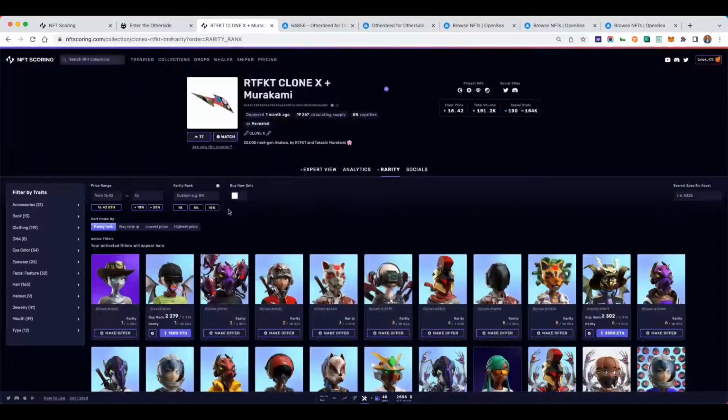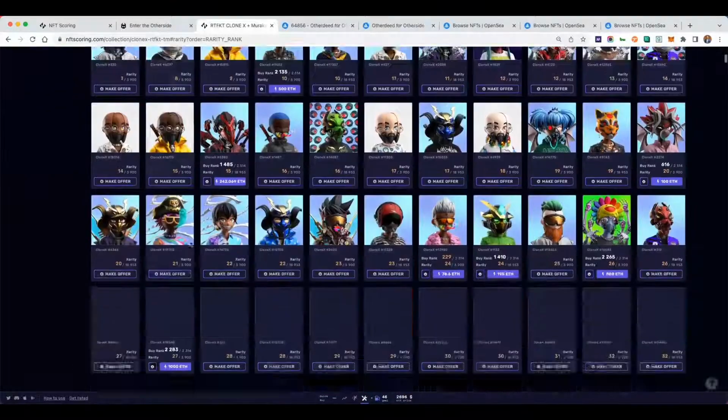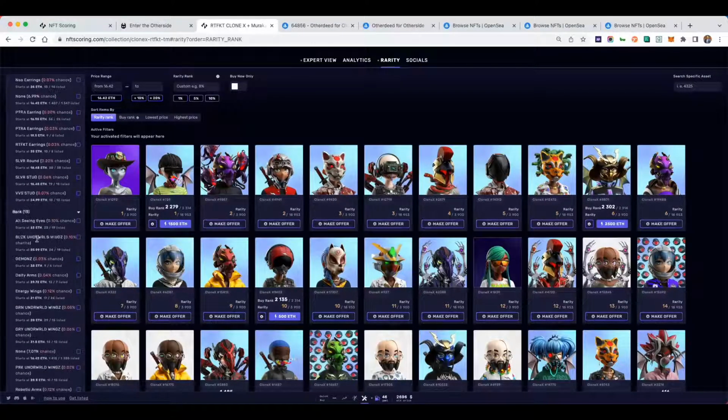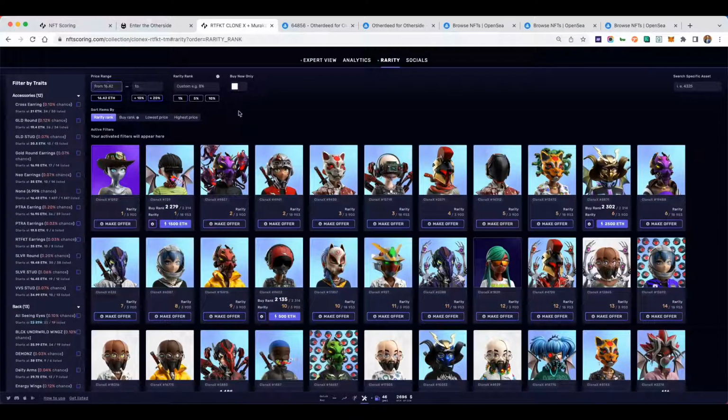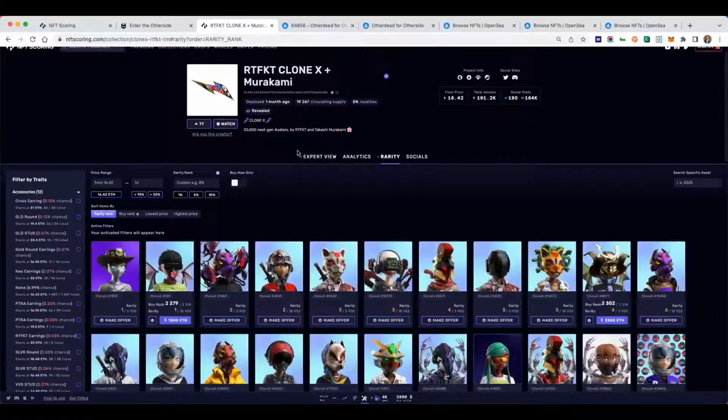Then to the right, right? You can see here the rarity of the NFTs. You can organize them based on different traits, see how that trait floor is. And yeah, you have basically a ton of other filters that help make better decisions. In the coming future, probably in the next 1 or 2 weeks, you will actually be able to mass bid on NFTs right from NFT scoring, which is awesome.